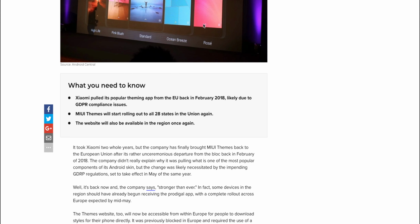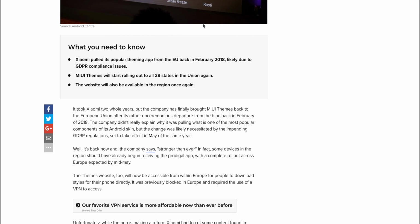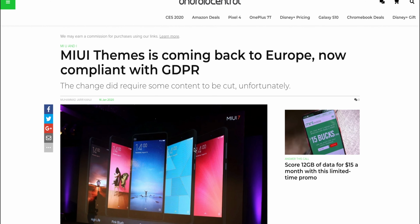Now, for those who have used this app before, apparently not all the features are available. But at the same time, the company does state that the app is stronger than ever. So read into what you like there. So I know that was very short. There wasn't too much to talk about with respect to the article, but I just found it very interesting how